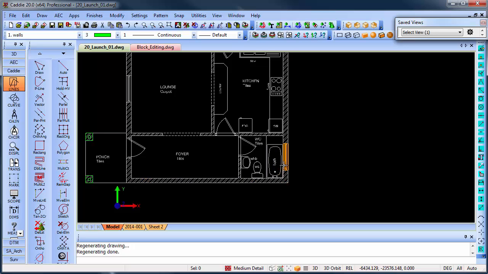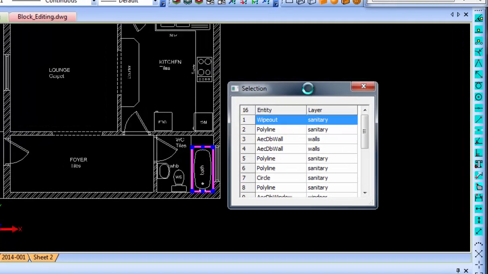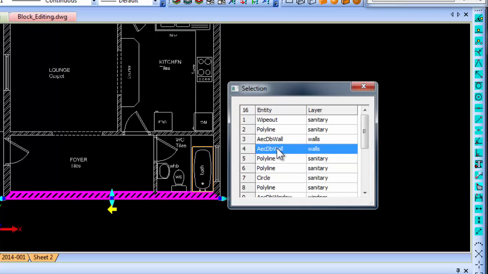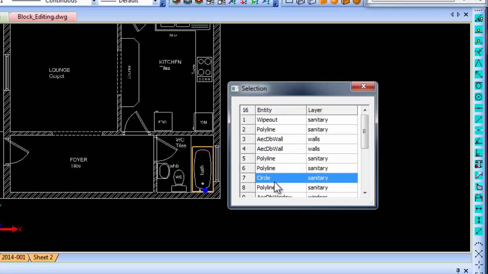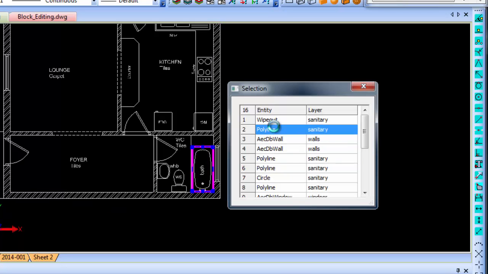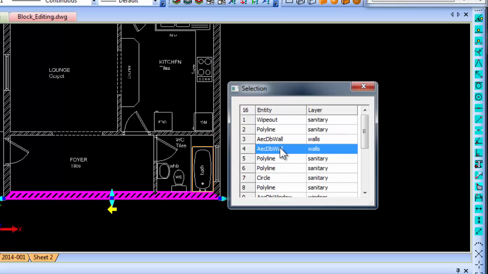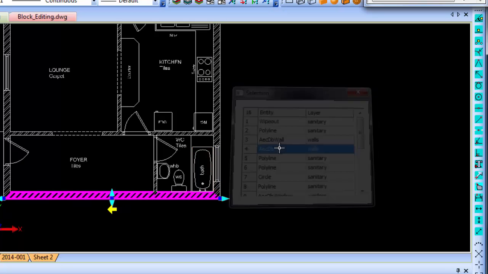But if I click in any specific region over there, you will see it now pops up a little dialog box where it gives you options in the vicinity of that area that you've clicked. So as you scroll, move your mouse through that area, you can now decide whether you want to select that wall, a polyline, the opaque or wipeout area, etc. So if I decide I want to select the wall, I just go to that one, click, and that wall